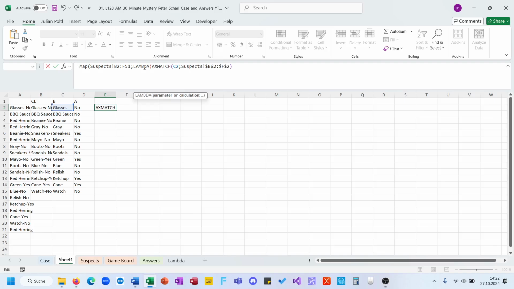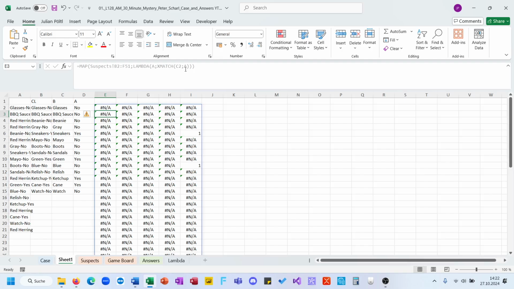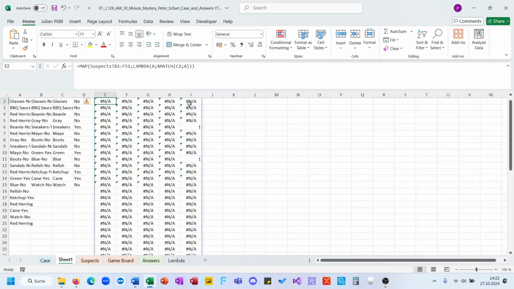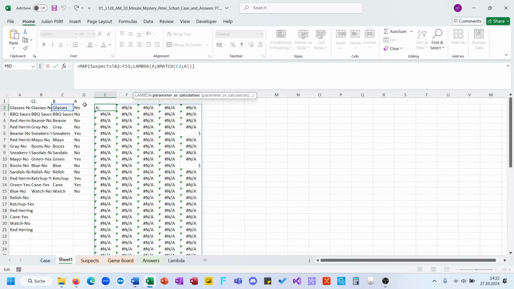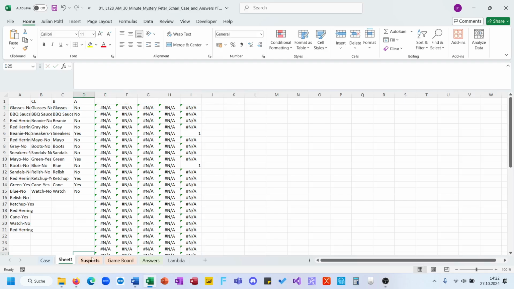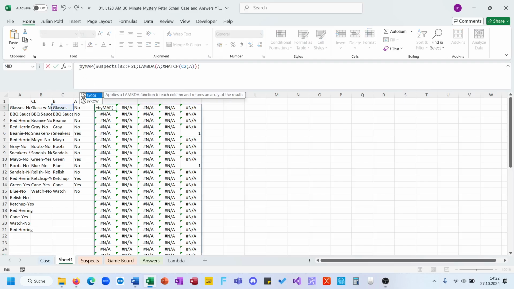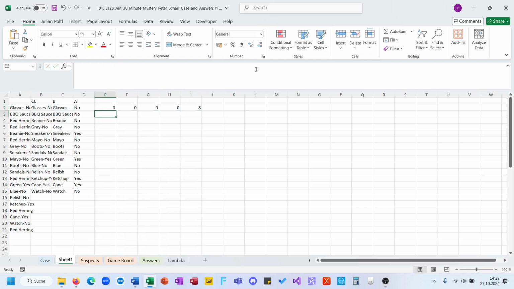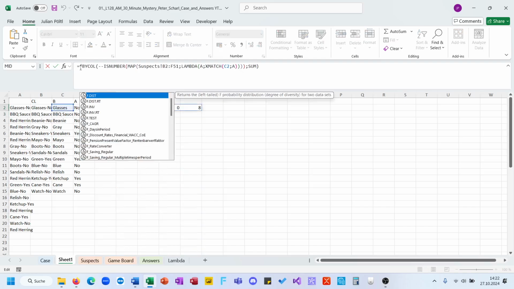Lambda. Oh yes, this is what I wanted. So I match this argument against all things here. Now I use BYCOL, minus minus ISNUMBER, to sum this up, and then I filter